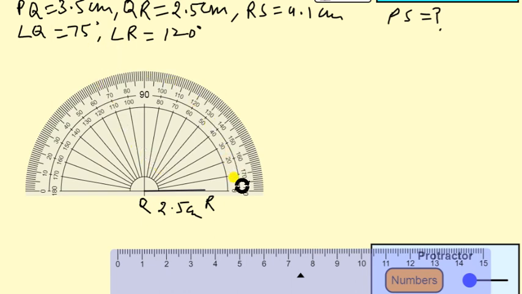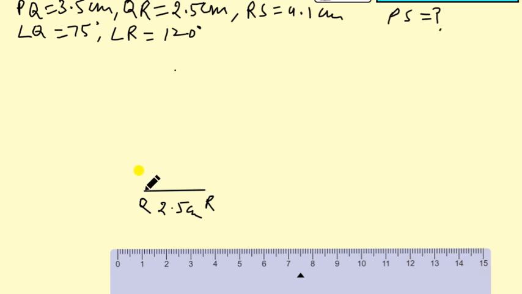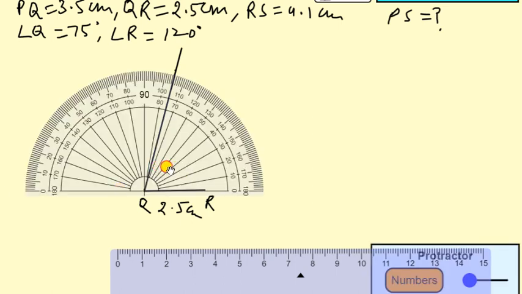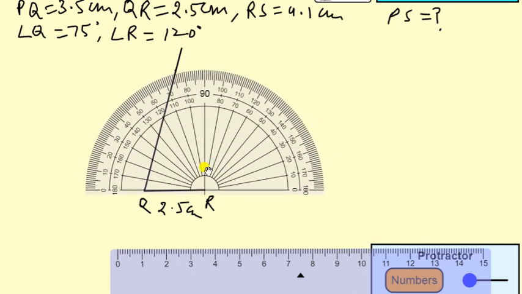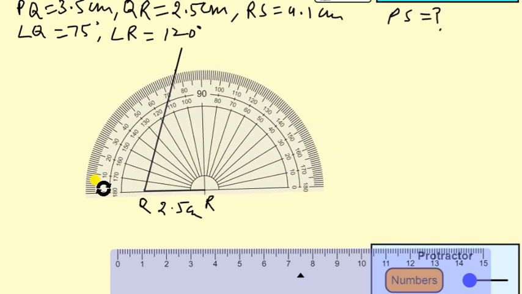Now make an angle of 75 degrees at Q. So let us start, it is point Q, and make an angle of 75 degrees. Which one? Here is 0, 10, 60, 70, and 75 is here. You can see this one is 75. Now remove this and join the line to this. You can join with the help of the scale. Yes. Now make an angle of 120 degrees at this point.